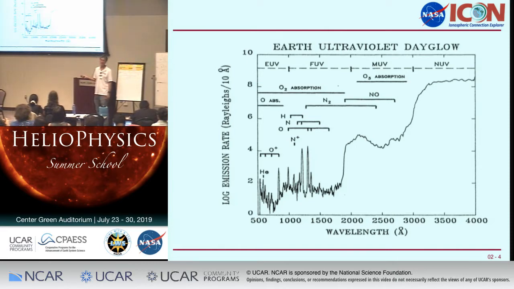LBH, molecular bands are one of those. There's not a lot of molecular light coming from the sun. Everything's ionized. But we have a lot of radiation coming out in molecular form, in the form of emissions of N2. Here's one. So in any case, this is where we do a lot of work here, because if you look at the Earth,